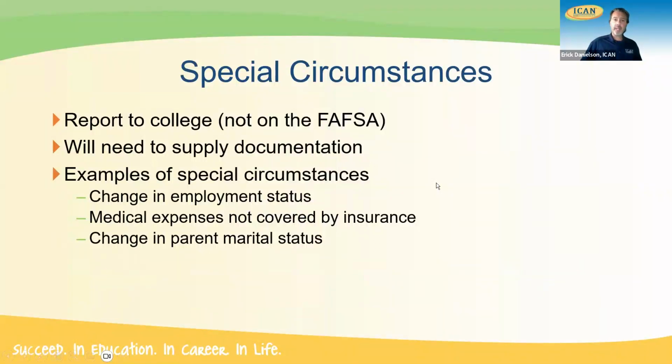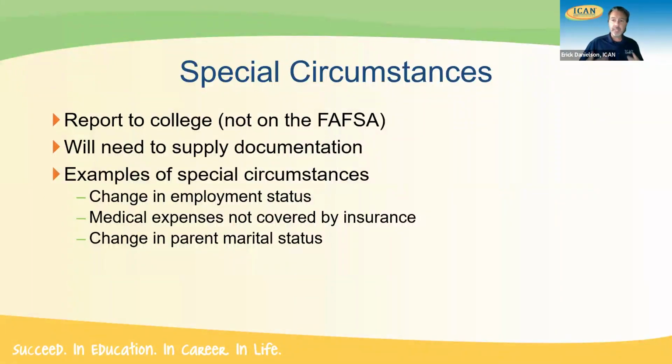Another term that I want to point out is special circumstances. If you have any special financial circumstances in your situation, because the FAFSA form is always looking 2 years behind in the financial aid process, where you would go for any type of appeal would be directly to the college or colleges that you are looking at, not to the FAFSA itself. The colleges are the ones that are empowered to make professional judgments, and I cannot promise you that they're always going to be able to do something to help with your special circumstances. But the worst thing they can do is say no, there's nothing else that can be done.